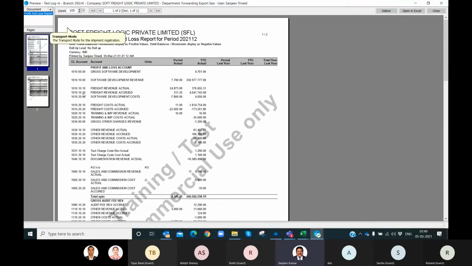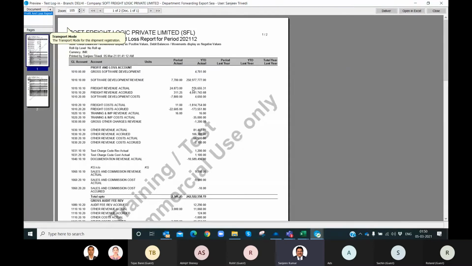Wherever you find revenue accrued, it is 10.20, and whenever it is cost accrued, it is 20.20. It means these are the cases where the estimate is put and not posted.